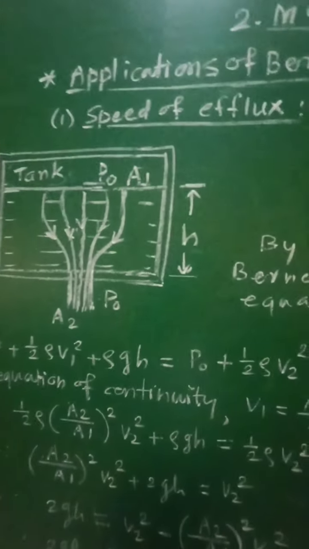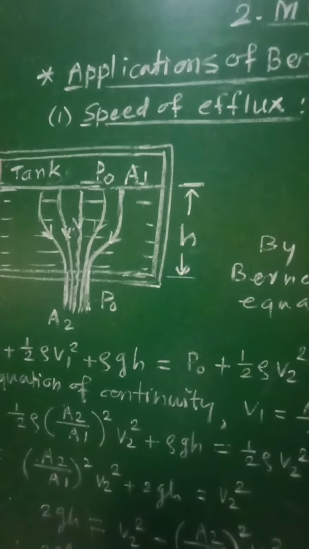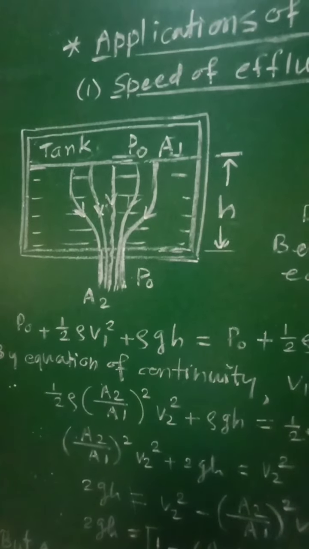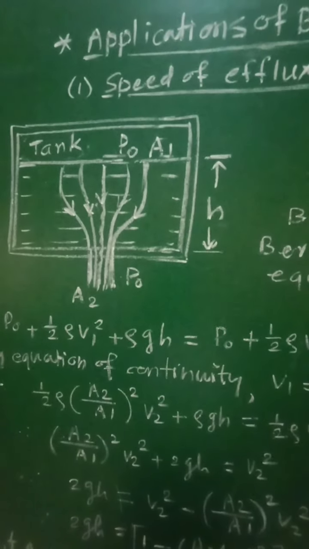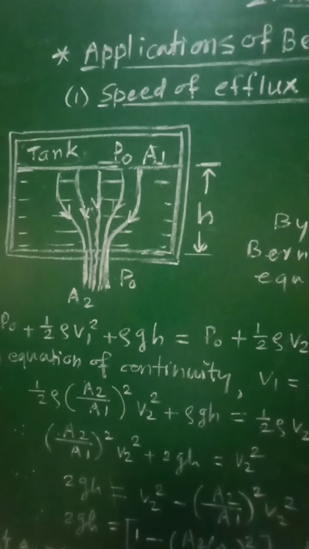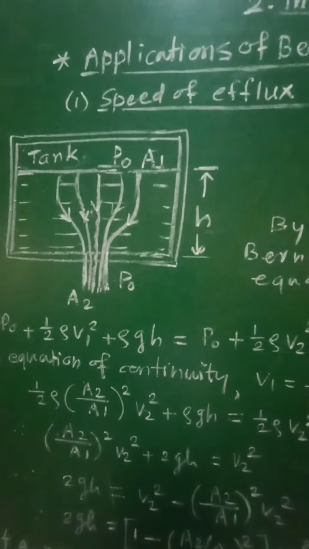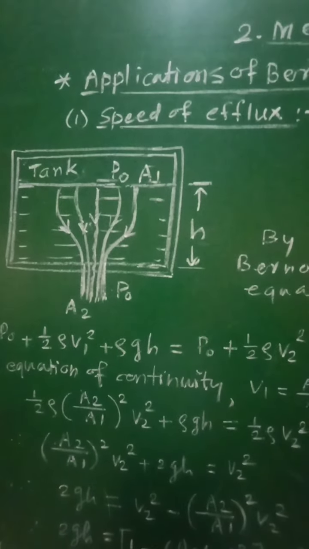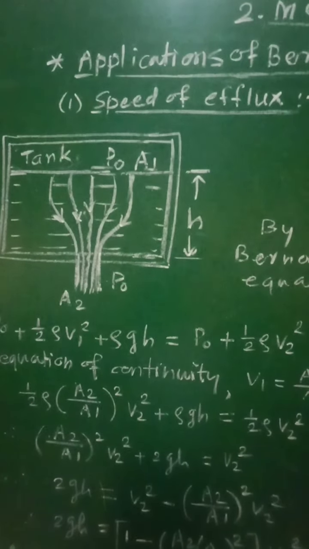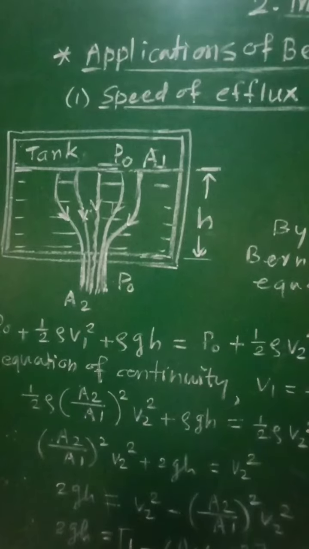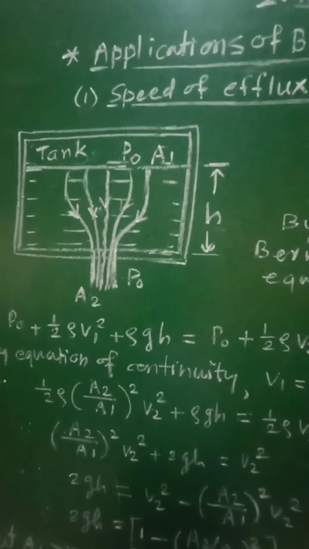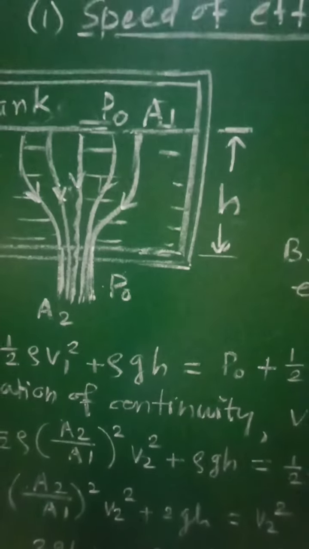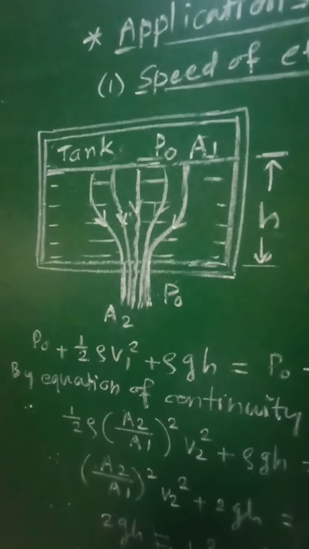So if you consider this situation, then the liquid flows out through the orifice. That liquid is coming out through the orifice. Now let Phi1 and Phi2 be the speeds of liquid at A1 and A2 areas. As both the inlet and the outlet are exposed to atmosphere, the pressure at these positions equals the atmospheric pressure P0. So here it is P0 as well as here it is P0 because both are exposed to the atmosphere.